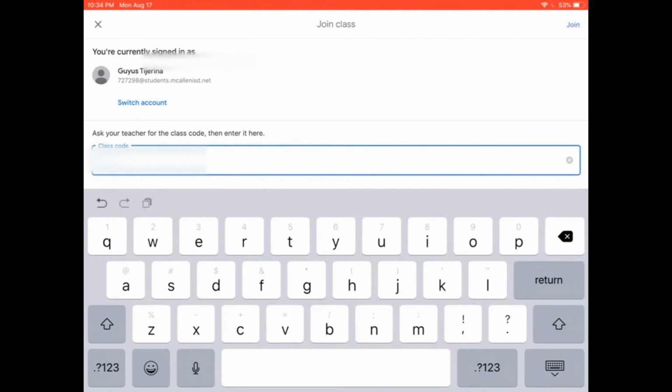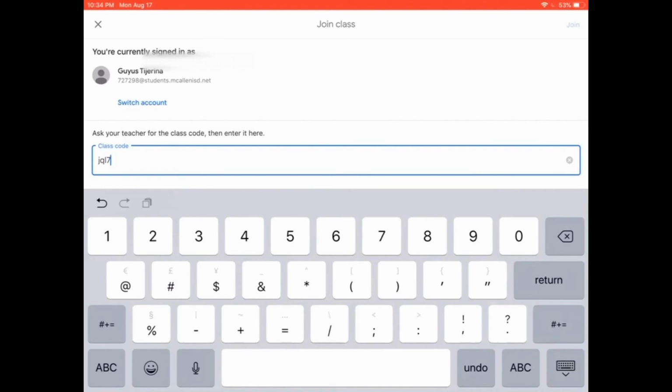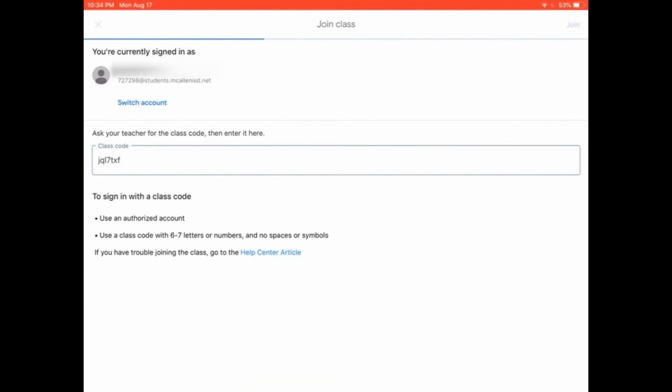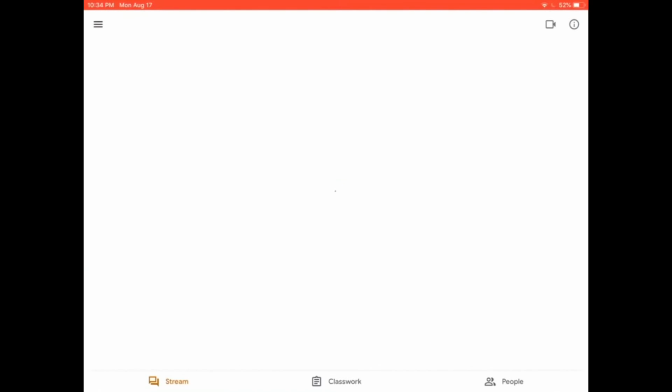If it's not correct, you need to go back and look at the code carefully because sometimes it's hard to tell with the letters, and you just want to make certain that you get it correct. If you keep getting an error message, you may have copied down the code wrong, and you would need to reach out to your classroom teacher to ask them to resend it to you. Okay, that time it went